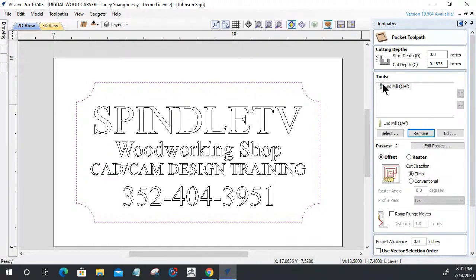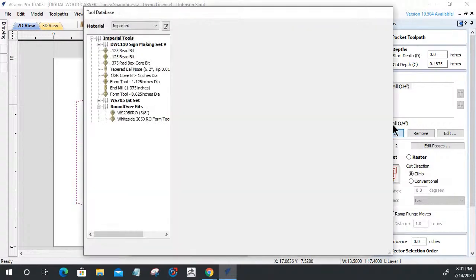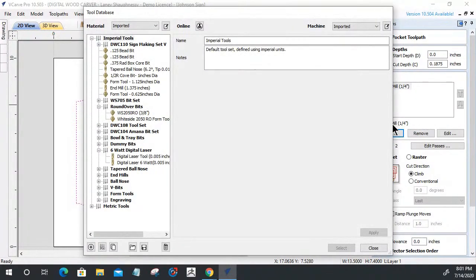In my case, I'm going to use multiple tools to minimize my runtime, maximize my effectiveness, and also keep the wear and tear on my tools down, because ultimately I want to get things done as quickly as possible. But there are going to be areas of this that might